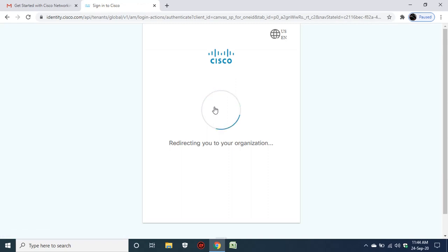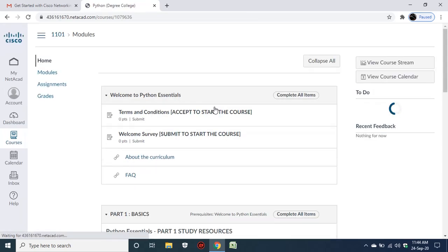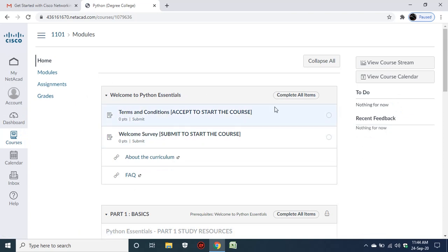If you click on launch course, it will directly launch the course given to you. Now you can see the Python course, right? Welcome to Python Essentials. You have to accept some terms and conditions here, and there is a welcome survey for this course: why do you prefer this course, what are you willing to get from this course.